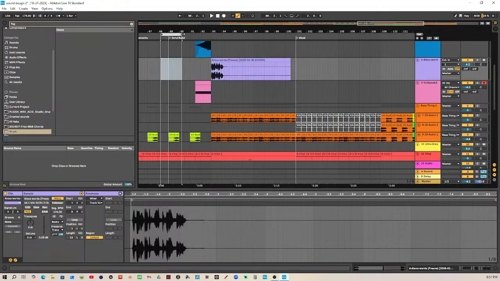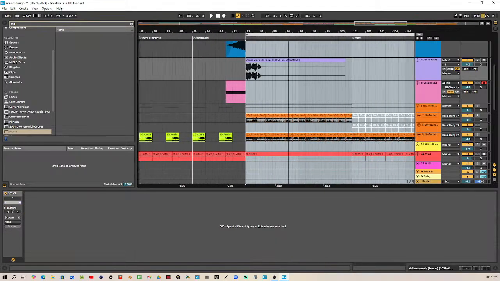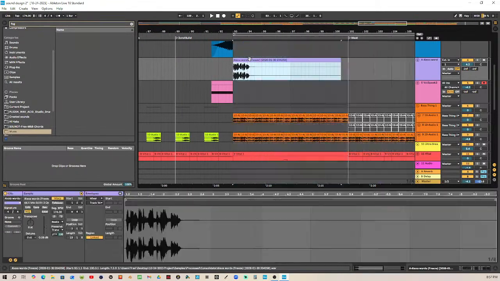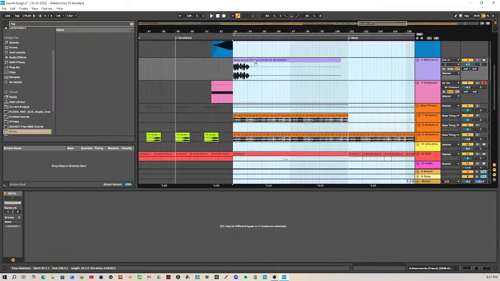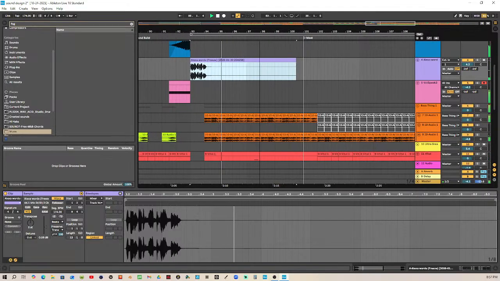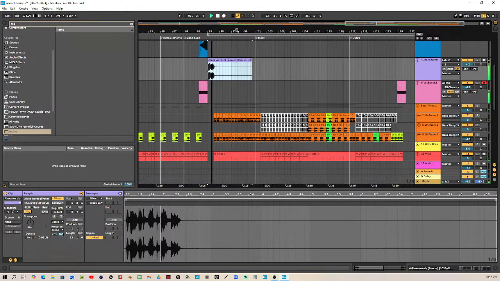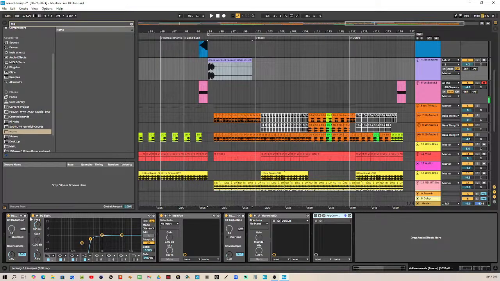All right, so here's what I'm thinking. I'm thinking just some extremely abrupt change. I'm thinking like something just like, okay, so this is from here to here, so we'll just grab this all and just go from here to here. And okay. Let's maybe take off this first bit crusher.